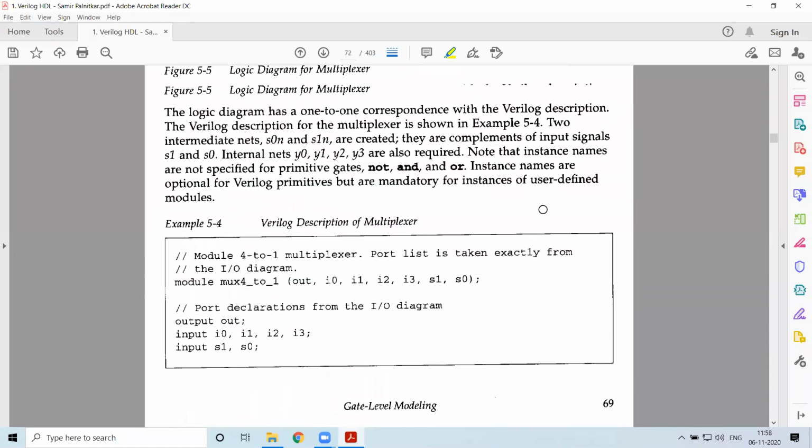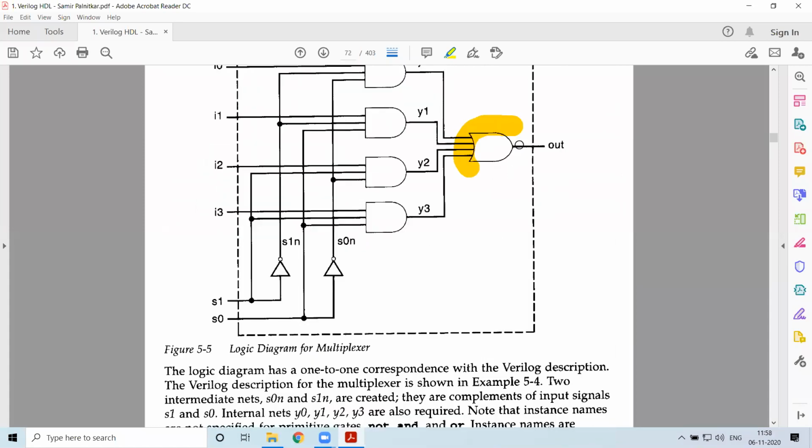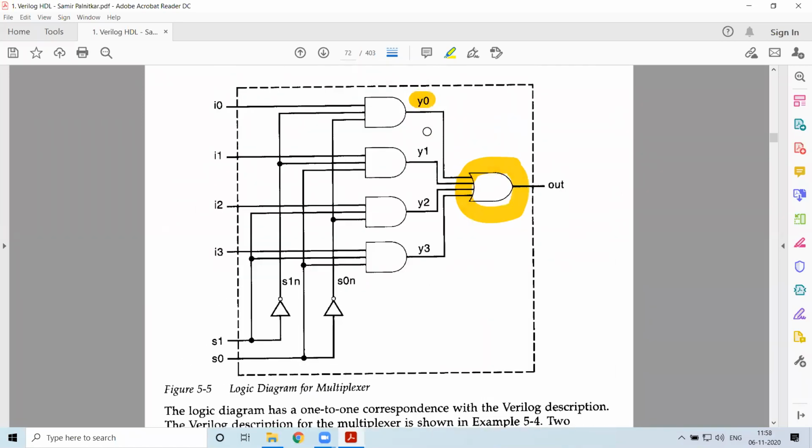So now what is the last stage? Last stage is the OR gate, which is taking Y0, Y1, Y2, and Y3 as input. So a wire from this AND gate should go as input to this OR gate. A wire from here should go as input to this OR gate. And output of this one is what? Your final result.